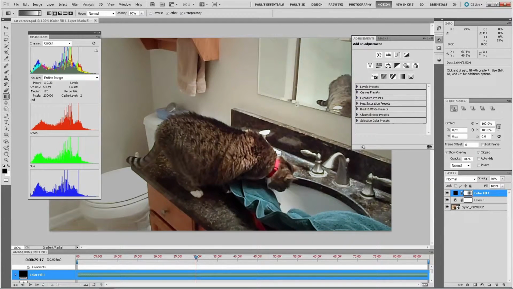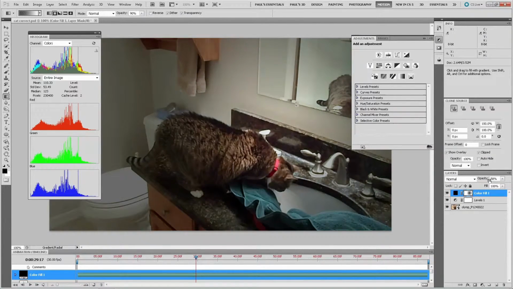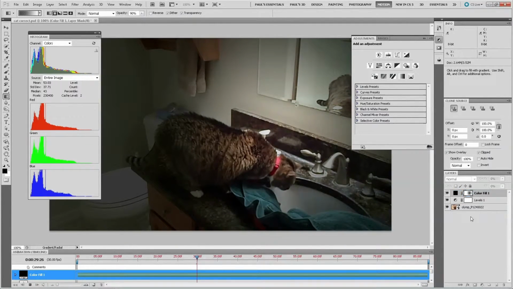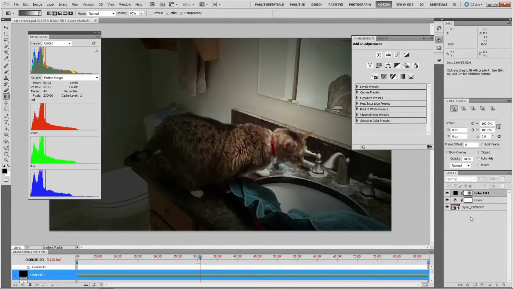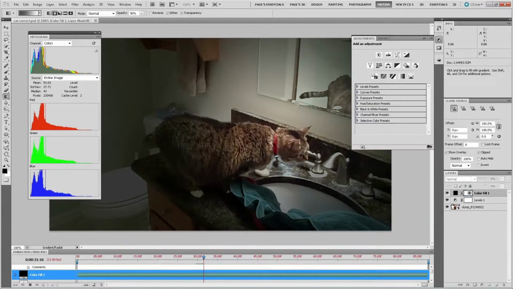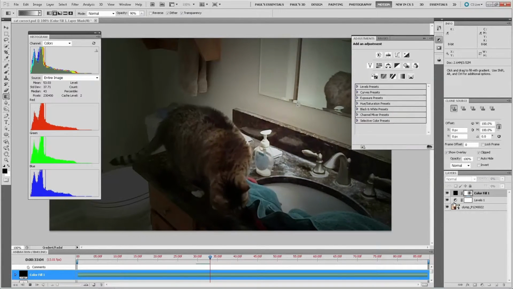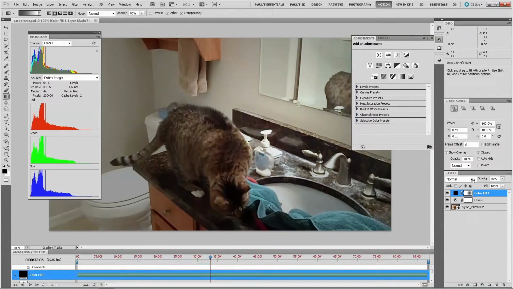Now, you could go the other way. Let's say you were looking for a little bit more atmosphere and suspense. Okay, but I'm not looking for suspense in this one.